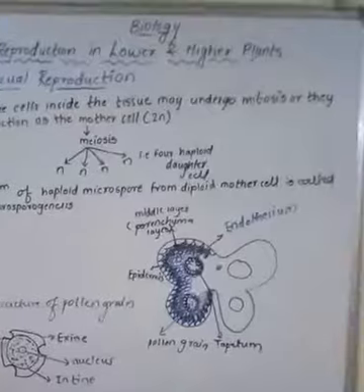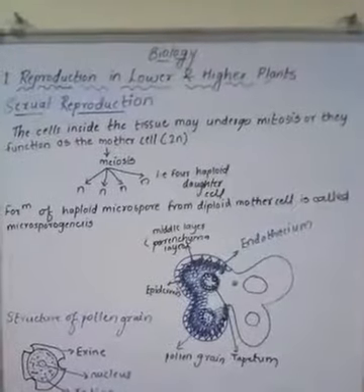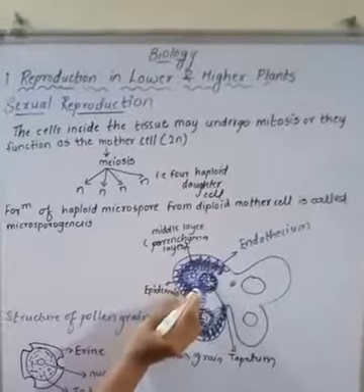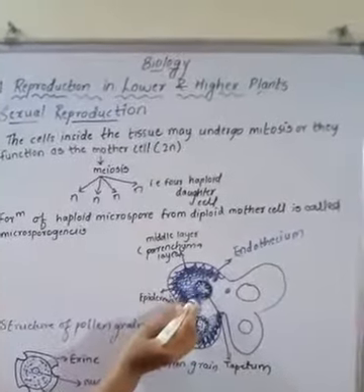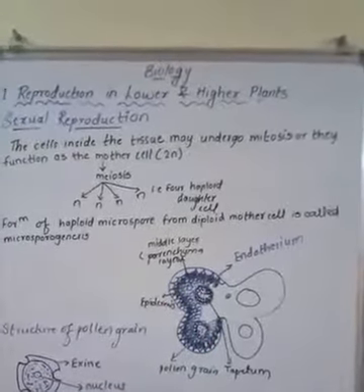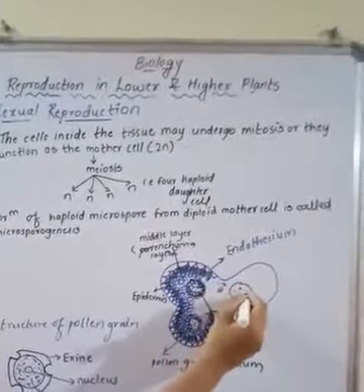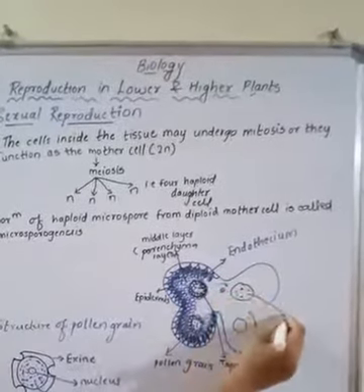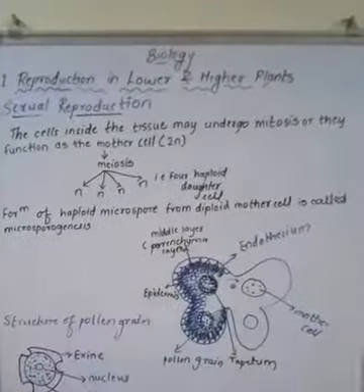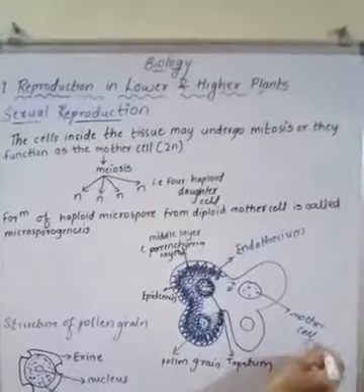As we have seen the TS of anther, now we will be seeing the process of microsporogenesis, how it takes place. Inside this there is a protective layer of tapetum, and due to this tight layer, the mother cells, the cells of microspores, are situated over here. But during the time of maturing, the second step is that the cells get differentiated. They get loosened up, and these cells are called the mother cell. This mother cell is diploid in nature.